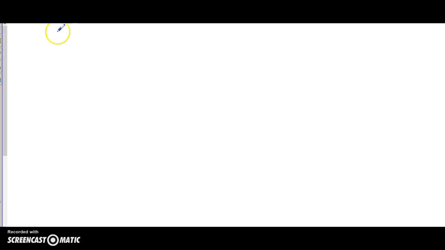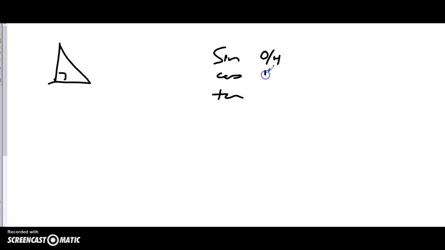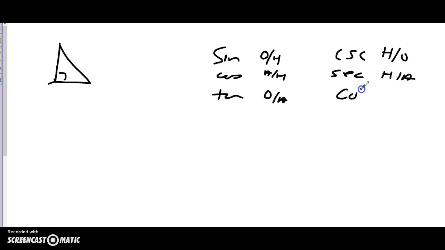Reciprocal ratios are based on, they're flipped versions of our base ratios. So I have sine, and I have cos, and I have tan, and that's opposite over hypotenuse, and that's adjacent over hypotenuse, and that's OA, opposite over adjacent. But if I want to know what's the ratio called for H over O? So instead of the ratio of opposite to hypotenuse, we call this cosecant. And then we call secant the ratio of hypotenuse over adjacent, and then we call cotangent A over H, adjacent over hypotenuse, which is our